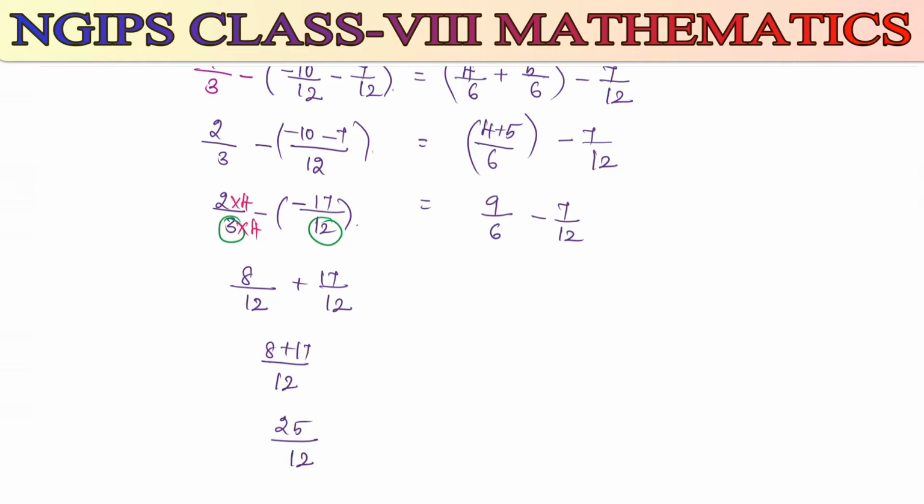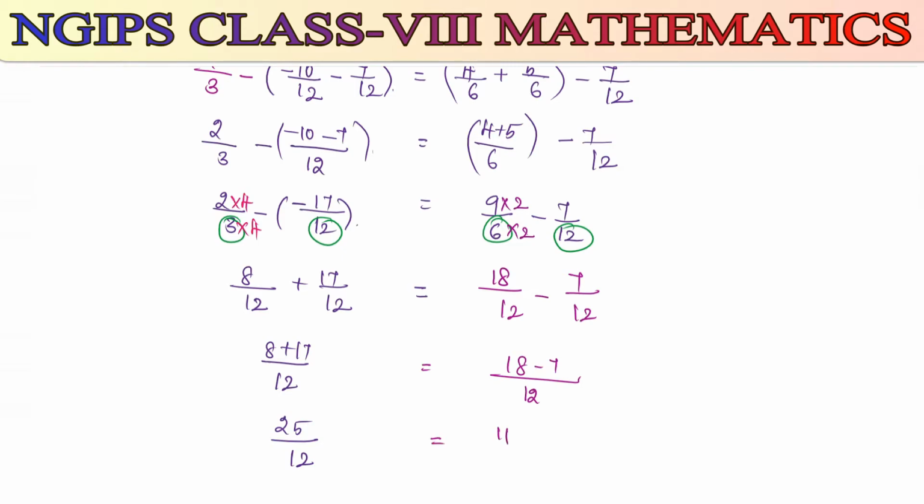When it comes to the right hand side, the LCM for 6 and 12 is going to be 12. To get the denominator as 12 in the first term, I am going to multiply both numerator and denominator by 2. So that we will get here 9 2s are 18 divided by 6 2s are 12 minus 7 divided by 12. Now here the denominators are same. I can write 12 once, 18 minus 7. So 18 minus 7, the value is 11.